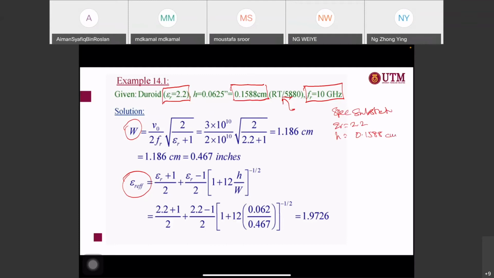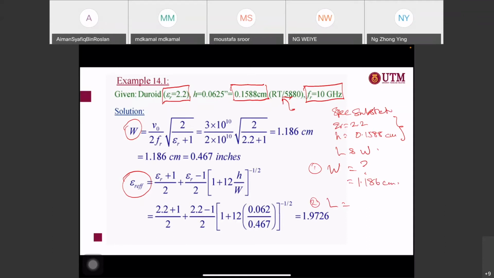If you have these two values, basically you can already find L and W. First of all, you need to find W. From this equation, when you put in all the values, you find that W is 1.186 centimeter. If you don't agree, you can recalculate by yourself and see whether you get the same answer or not. And then if you want to find L,